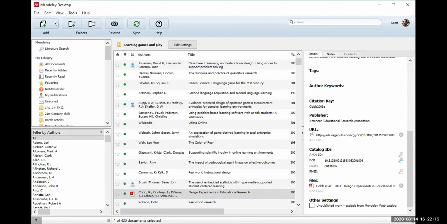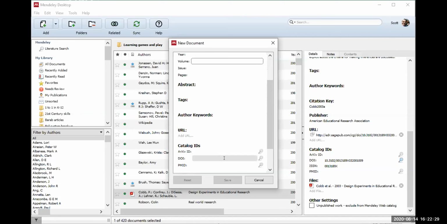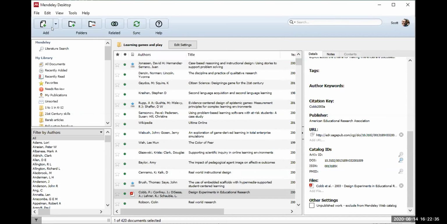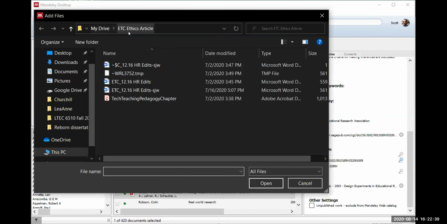Now, adding, you can either go in and add manually, where you've got to put the name of the journal article, the authors, putting last name first, comma, first name, journal name, year, volume, etc. That can be a little more painful, but I do it a lot because not everything comes with a PDF. If I do have a PDF, like the one we just got,